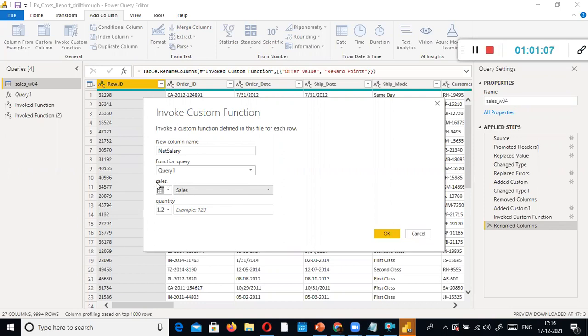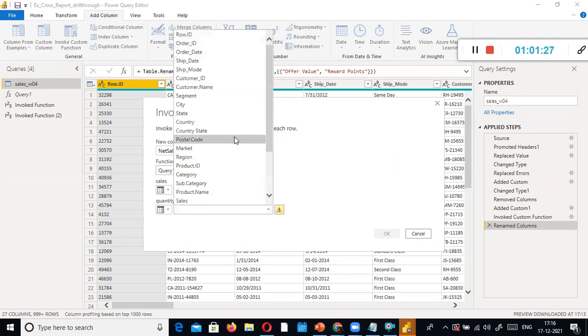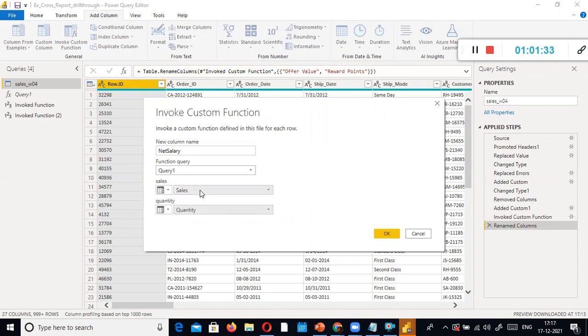According to Power BI, this sales is different from this sales, because here all are small letters, but there only the first letter is capital, right? You need to map this one here. And here you can select the column name. On the right side, in the drill down box, you need to use the quantity. Got it? So pick up the sales from this column and pass it as an argument to this variable. Pick up the value from the quantity variable in my data set and pass this value to a variable called quantity.